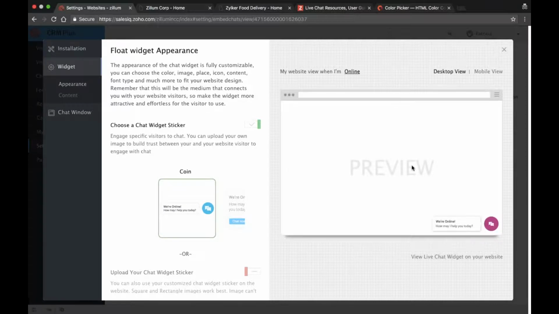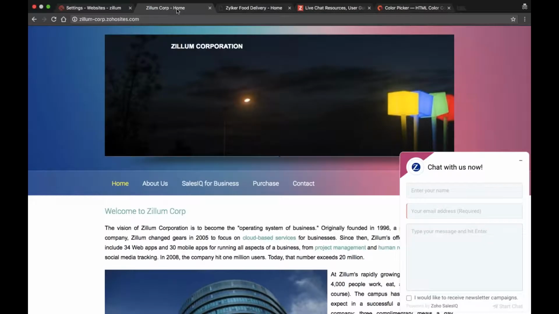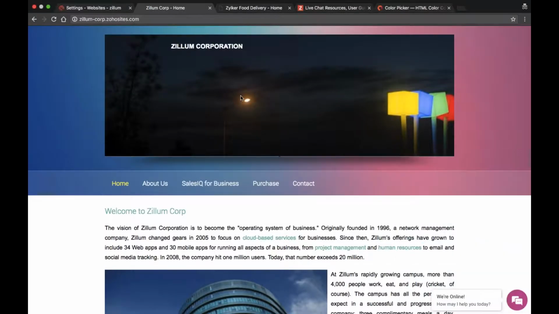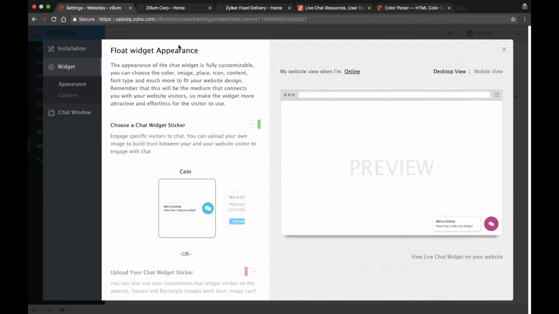Yeah. And in some cases, you might think, well, there's a blank white page behind the chat widget. That doesn't really tell me much. I want to see exactly how it looks on the website, and I want to see it before I change the code on the website. So if you're not ready to put it on the website and test it, then there's a very simple way. Just click this option at the bottom that says View Live Chat Widget on your website,